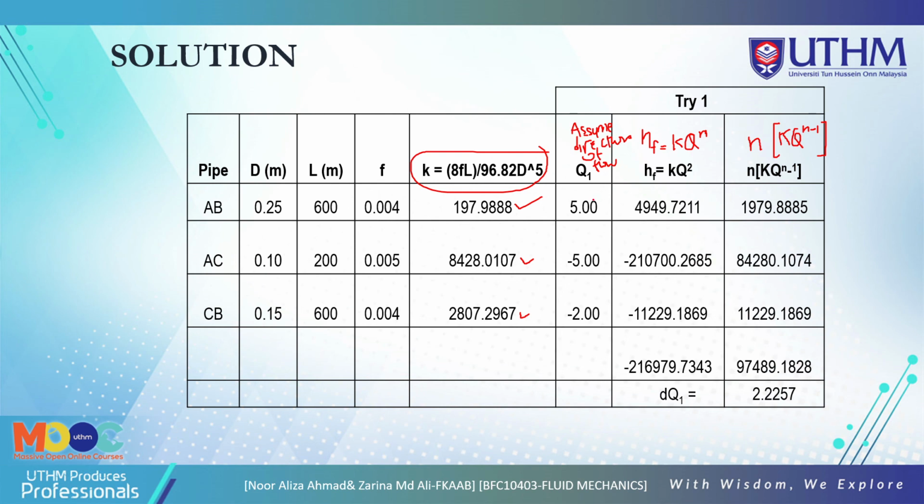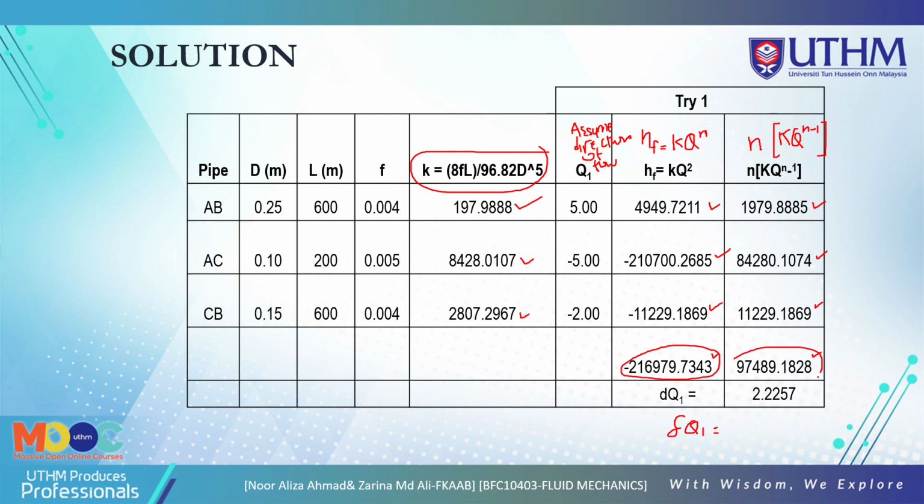You just solve the calculation until you get this value, this value, and this value, and also this value. So from this, to get delta Q1, you must take the HF sum,